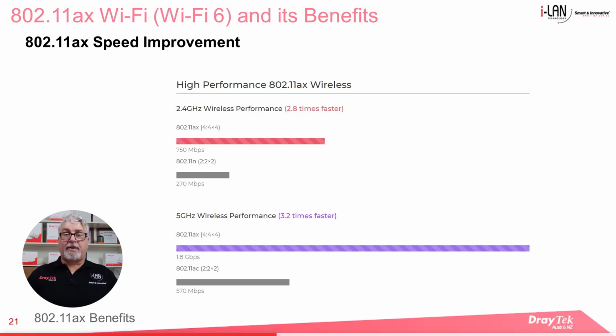As we can see in this illustration, in the 2.4 GHz band, 802.11ax is 2.8 times faster than 802.11n, and for the 5 GHz band, 802.11ax is 3.2 times faster than 802.11ac. We should note that the speed is the total throughput of the access point with multiple client connections and not the throughput of a single client connection. As noted earlier, 802.11ax can be used in high-density wireless networks, such as in a classroom where many people are simultaneously accessing the wireless network. In this scenario, users should see minimal performance loss in Wi-Fi speeds.